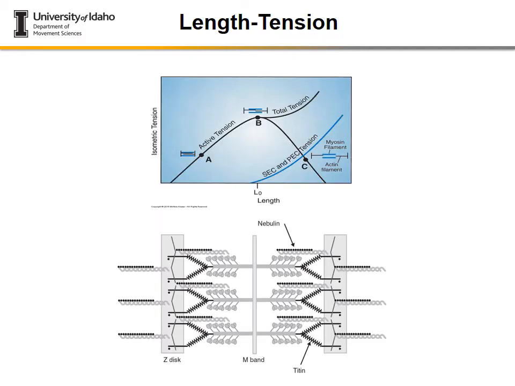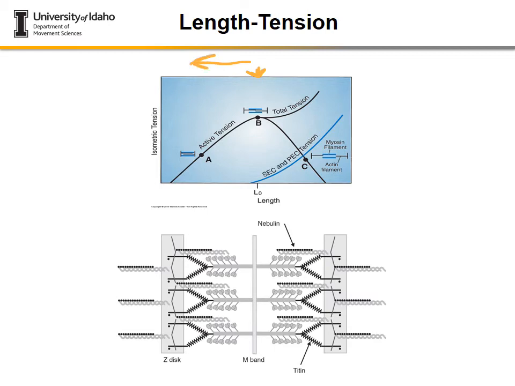Here is a theoretical depiction of what happens in a length tension. Here you have the L naught, or the original length, and you have the maximum amount of force production occurring at that length from the concentric components. That's very important to understand as we go forward: this L naught, the maximum isometric force tension ability, is from the concentric components. As we concentrically contract,